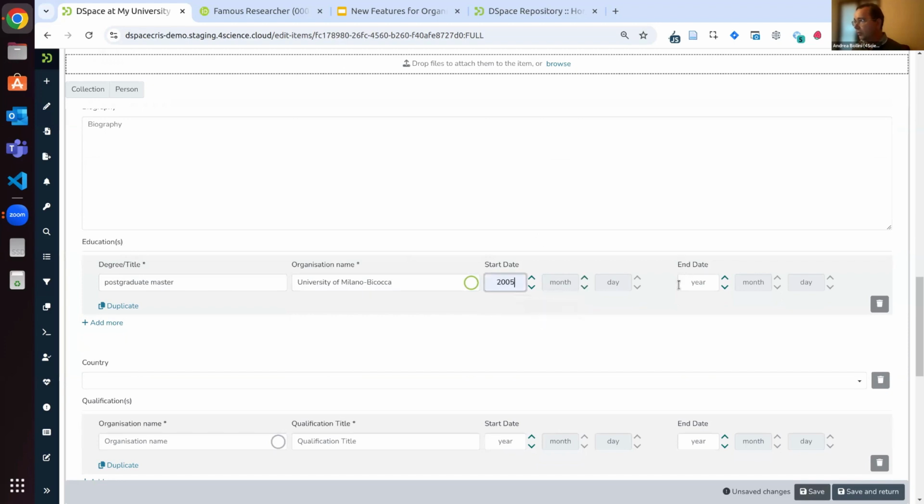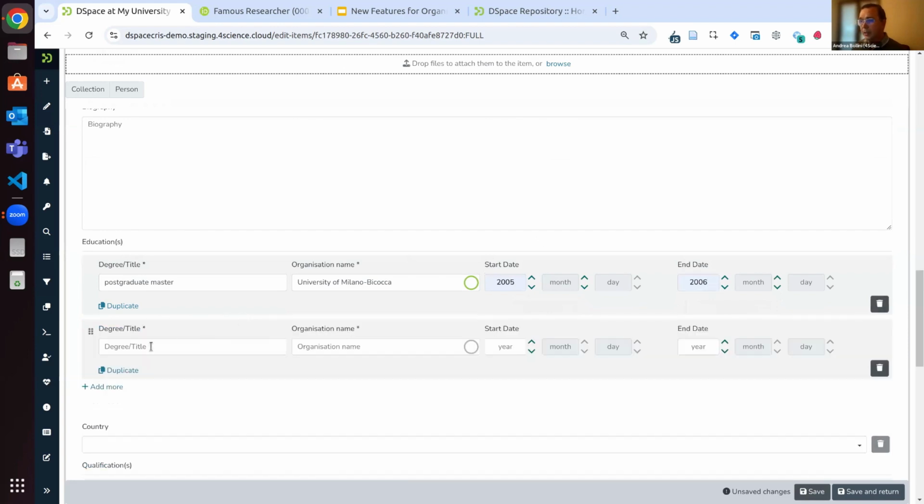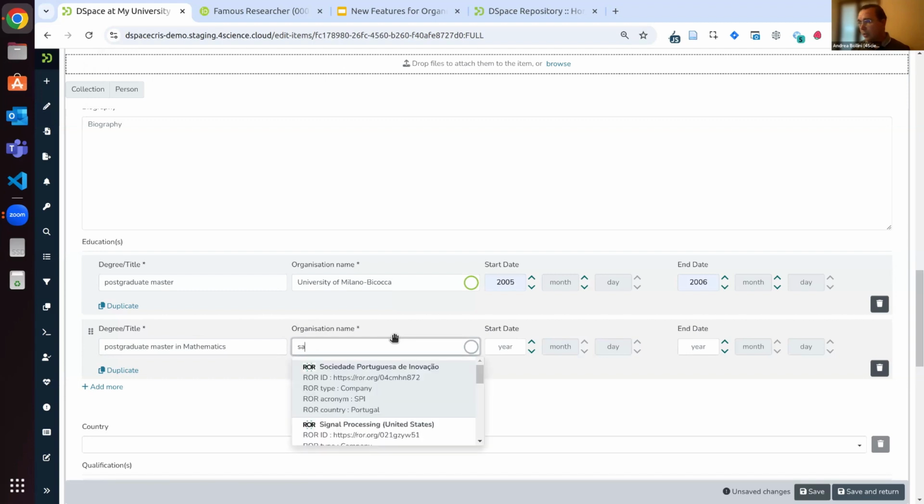It was in 2005, 2006, and I can also add an additional graduation that is my master postgraduate master in mathematics, and this came from University of Rome, Sapienza. And in this case, you see that this institution is not yet in the repository, so